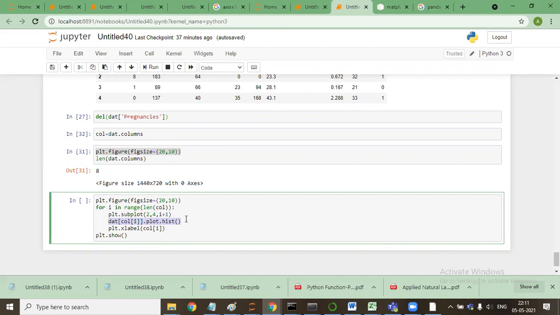The first graph is plotted in the first iteration, the second graph in the second iteration, and so on, until i reaches the length of columns. It keeps adding graphs, all on a single page, 20 cross 10.